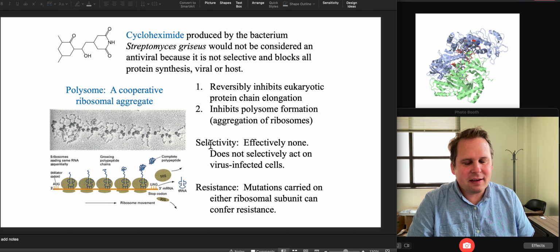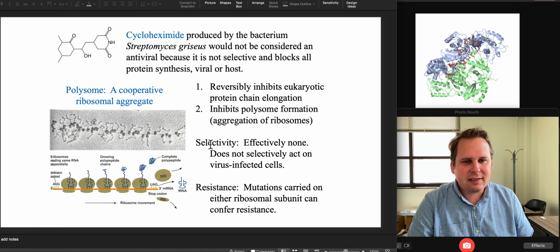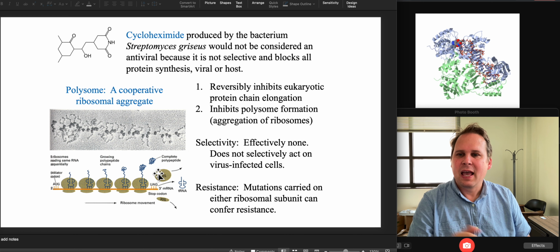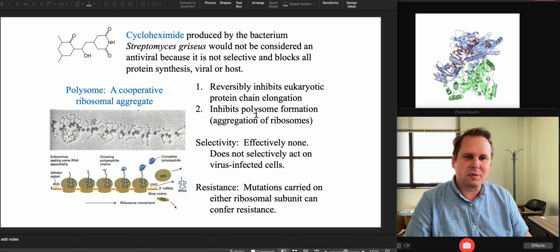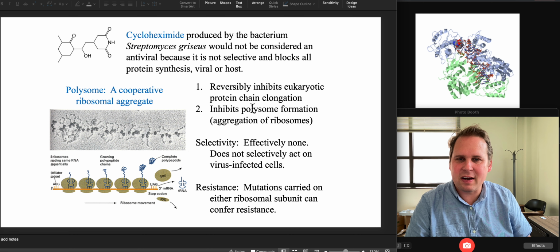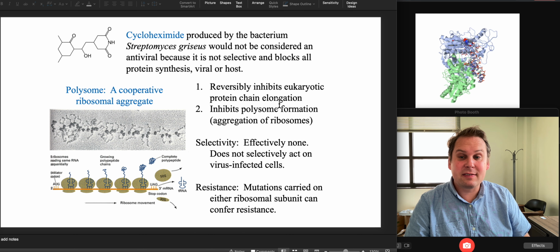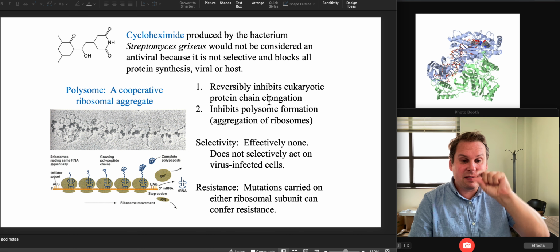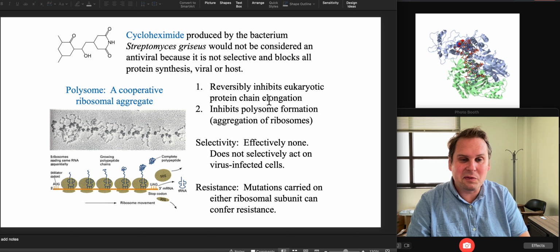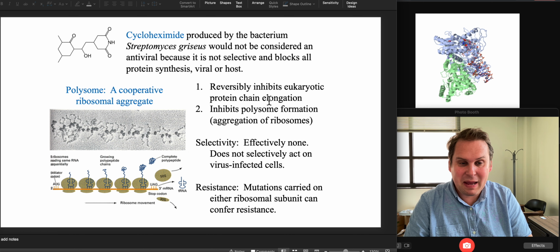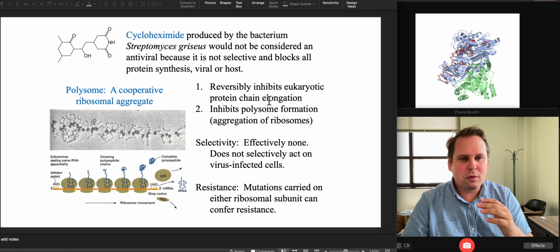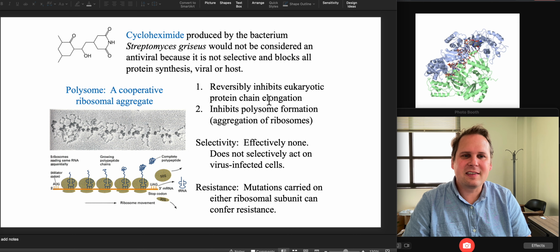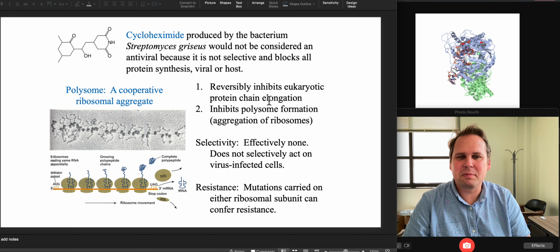So cycloheximide affects the host. So it's actually a ribosome blocker. And what it does is it blocks ribosomes from getting together, which are called polysomes, when you have a bunch of ribosomes all translating the same messenger RNA. And it also blocks chain elongation. So as you're making the amino acid chain longer in your little ribosome, this gets in there and it just blocks that from happening. And so you just stop translation completely. So it completely affects the virus. You can use it at concentrations where the cell is just alive, but the virus is pretty well inhibited.